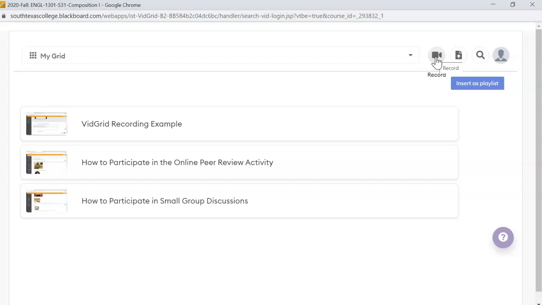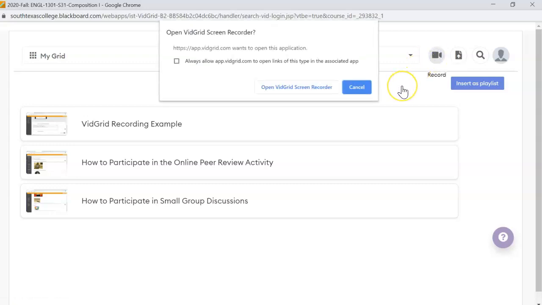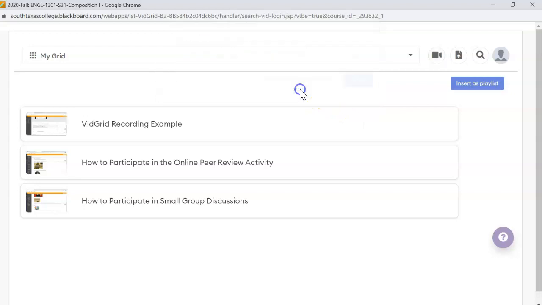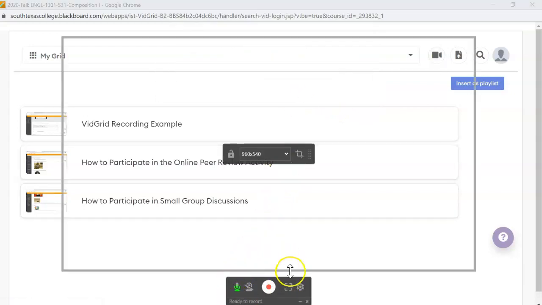So once you do those things, you should be able to click on the camera icon and it opens up the screen recorder, but you're prompted to open it, so you have to click on the button that says to open it. And then notice that it comes up here at the bottom, and then there's an option here to leave it this small area, or you can drag it and resize it, but the easiest option is just